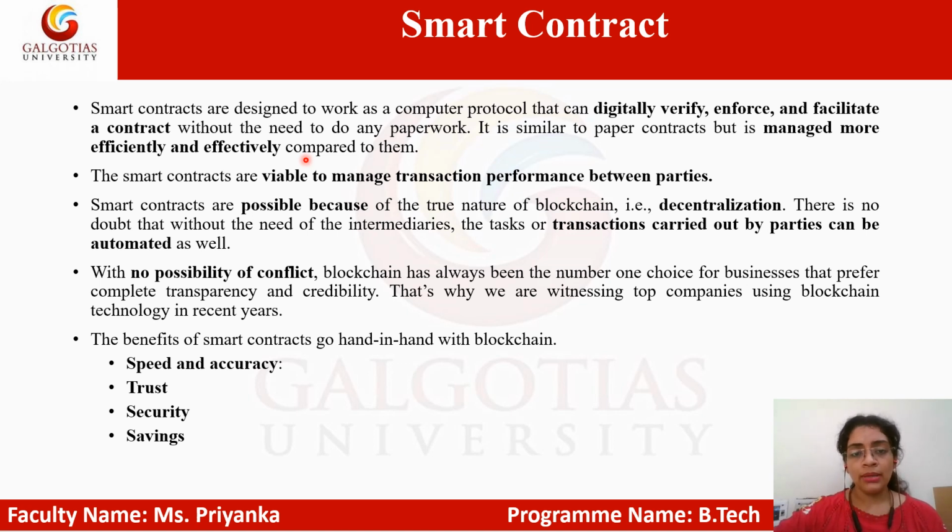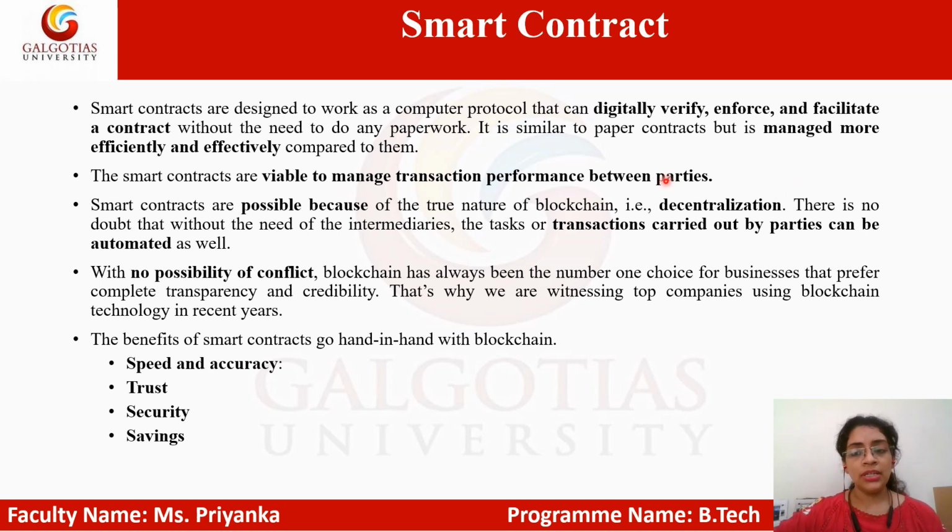But when we are doing it automatically, digitally, then there is no need for any issues or problems to occur. Now, smart contracts are viable to manage transaction performance between parties, right? And smart contracts are possible because of the true nature of blockchain, that is decentralization. Okay, so smart contract is just possible because of this feature of the blockchain, decentralization, and there is